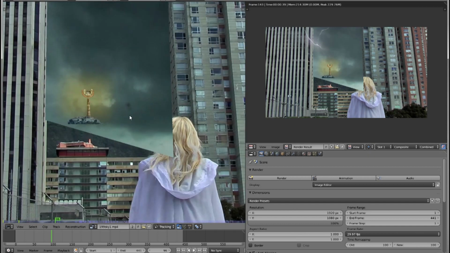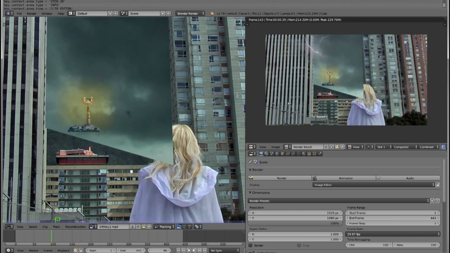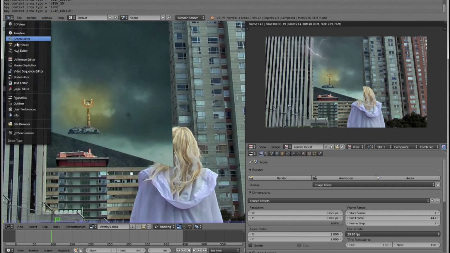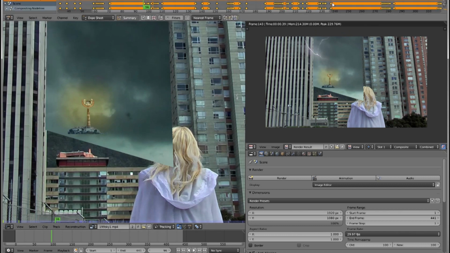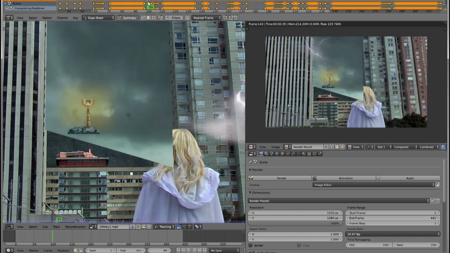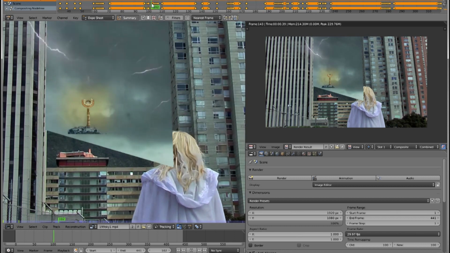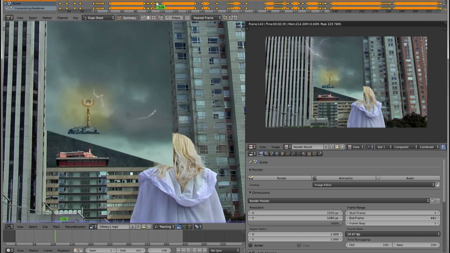When I filmed the clouds of the sky, I had a little piece of dust on the camera, and I need to get rid of that. If we open up this window here and turn it into the dope sheet, I have done some keyframing here. It is very conspicuous, and when I have flashes of lightning and stuff, it's black and it just doesn't follow the clouds or anything. It's a problem. So what do we do?